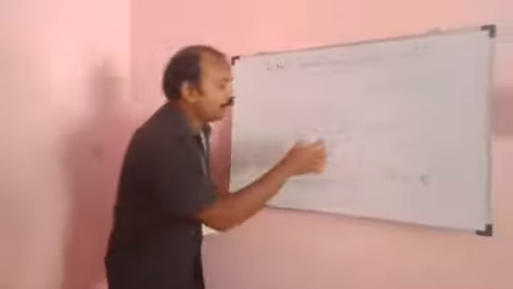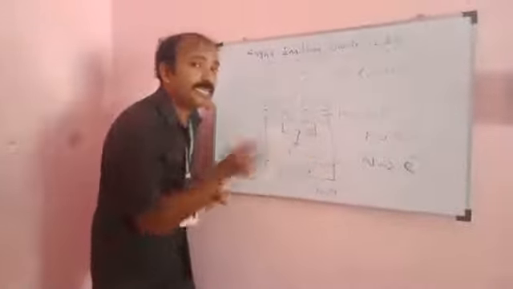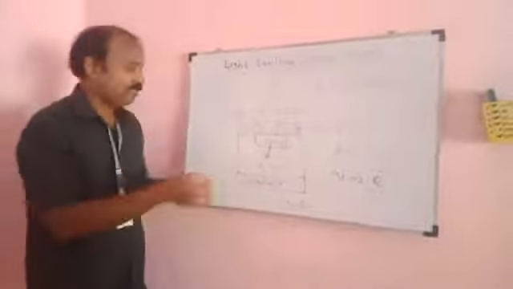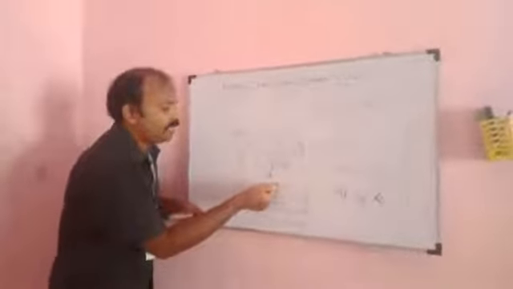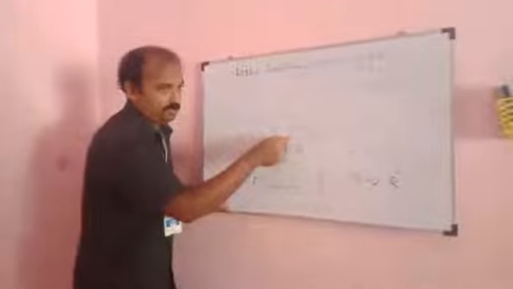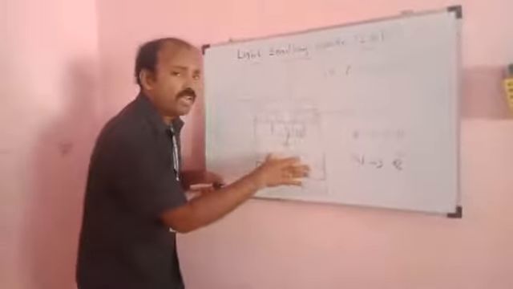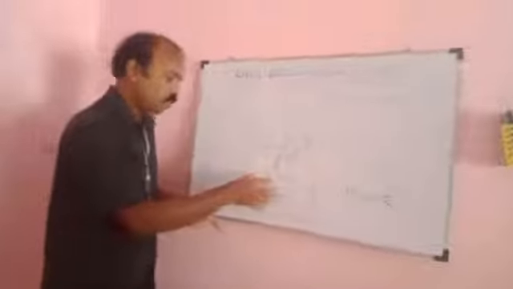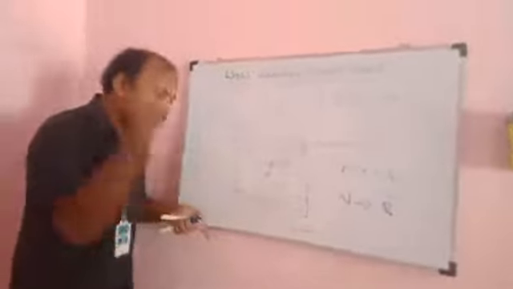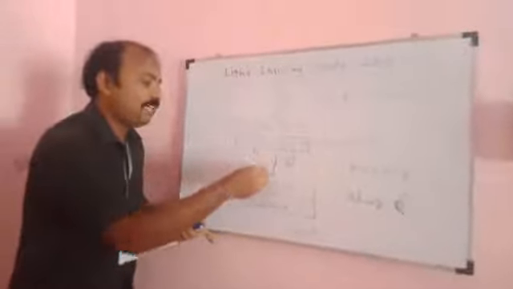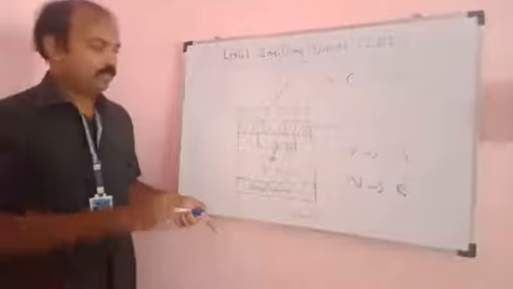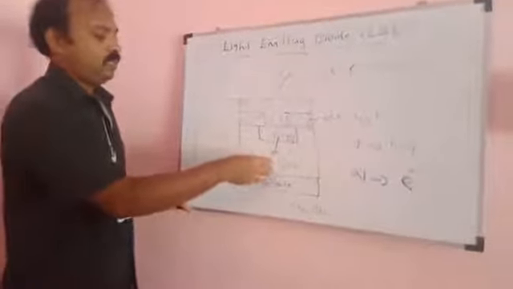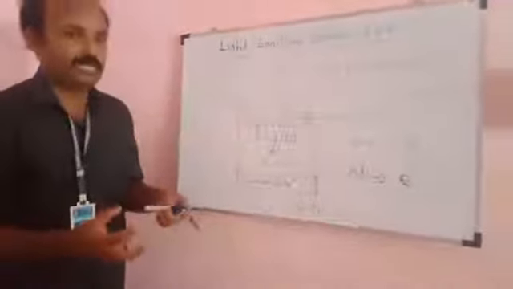Once again, the minority charge carrier of P-type semiconductor is electron. That availability is going to increase by way of diffusion of electrons from the N-type semiconductor into the P-type. Similarly, the minority charge carrier of the N-type semiconductor is nothing but hole, and that value is going to be increased by holes entering from the p-type semiconductor to the n-type semiconductor. Now in the n-type and p-type semiconductor, the availability of holes and electrons increases.